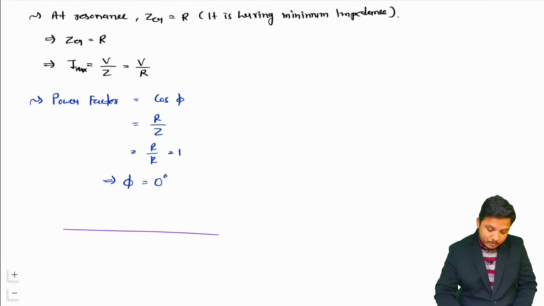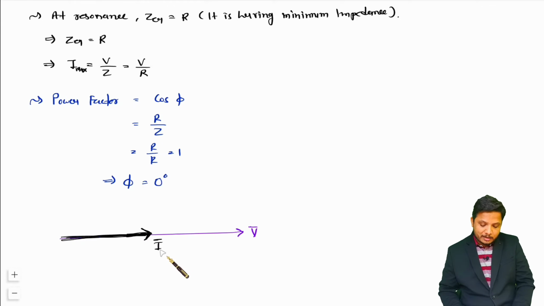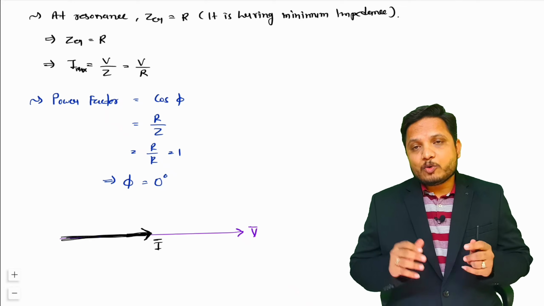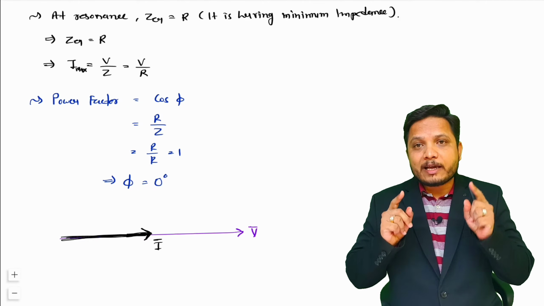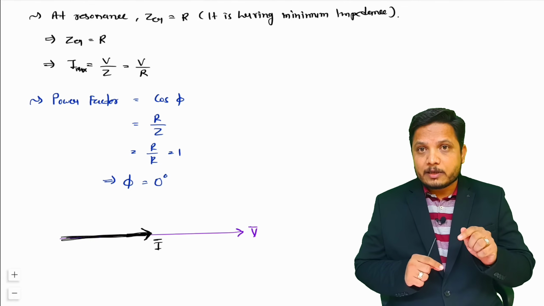So as the phase between voltage and current is 0, you see what will happen here. If I say this is my voltage phasor, and here I am drawing my current phasor, both are overlapping over each other. And as both are overlapping, you can say there will be maximum current which will flow, as well as there will be resonance in which you will have minimum impedance, that is Z equivalent is equal to R. So my dear students, how many points should you take care of when you talk about resonance for series? This is a case of series.